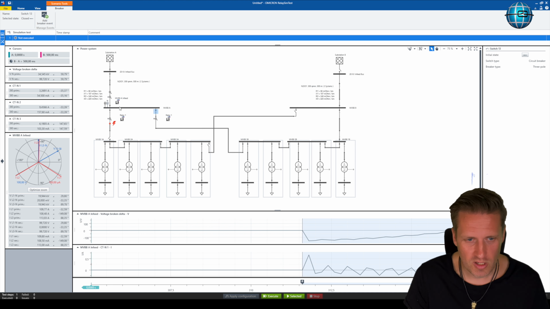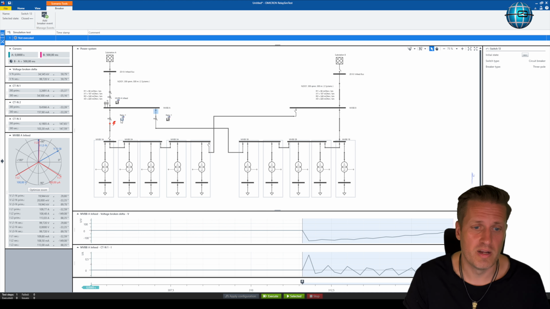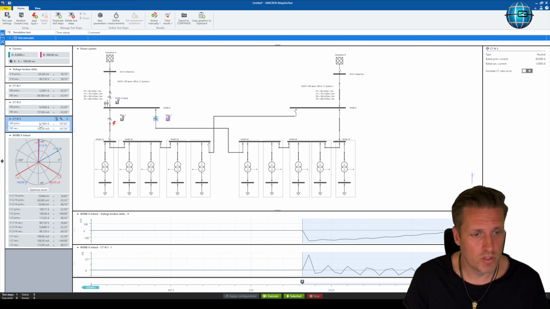Okay, first time they come from here, and second time they flow through our CT, and that's the reason why we can see it in this measurement by now. And if you have a look here, this 6.2 amps are added from here, and the other 3 amps that we have are from here, and this is the entire